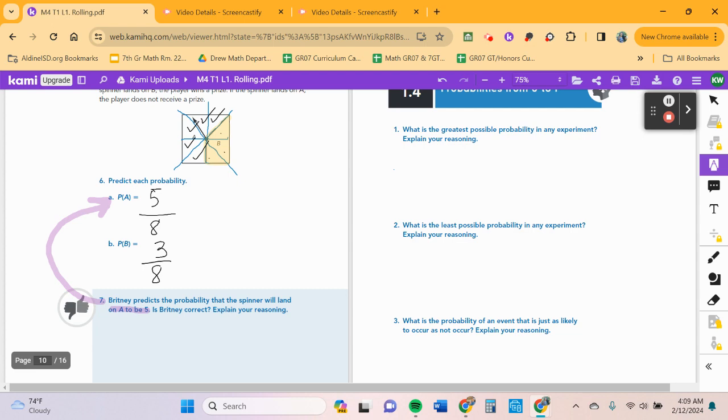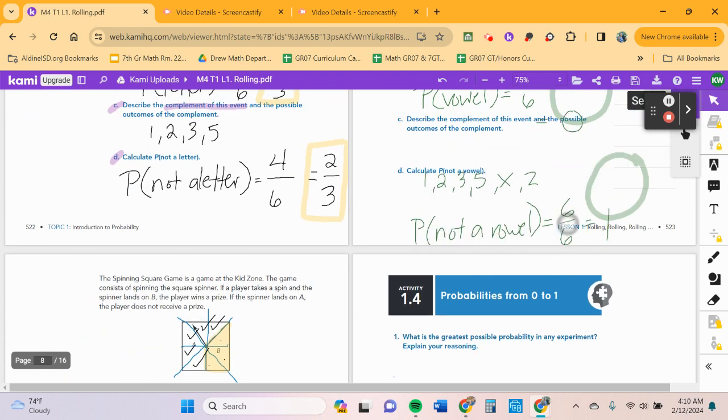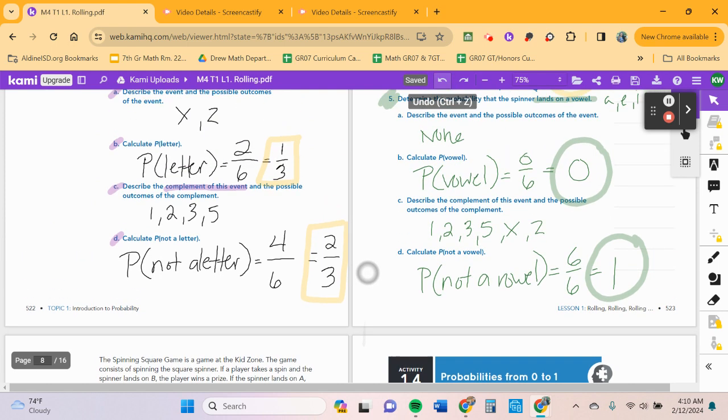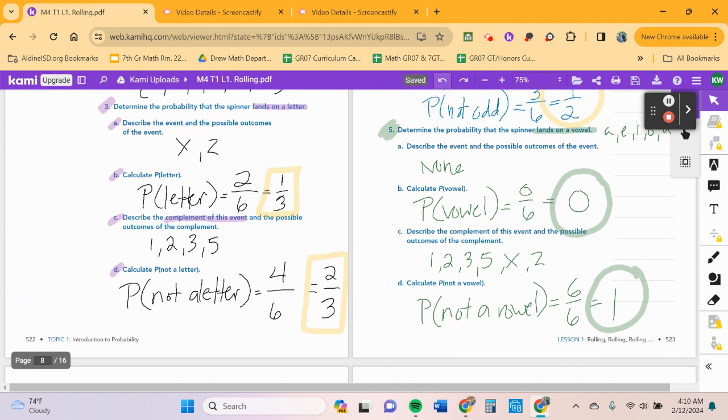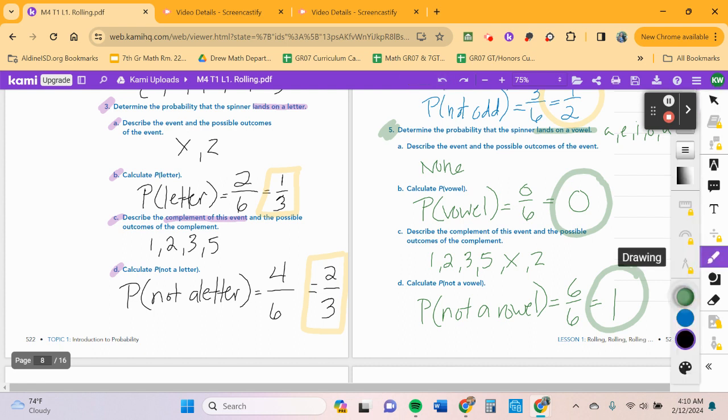Just like we saw, let me scroll up some, just like we saw in number 5, 100%